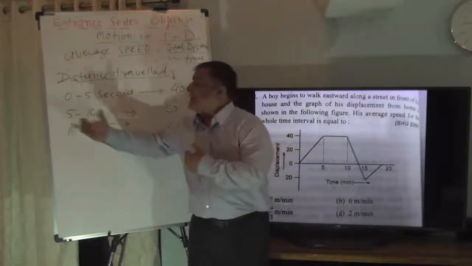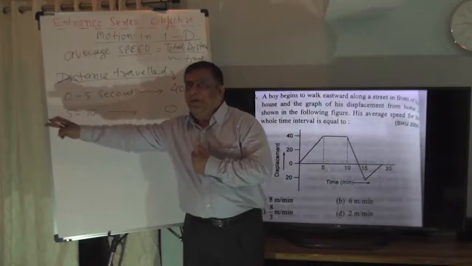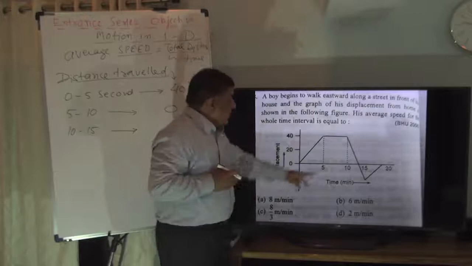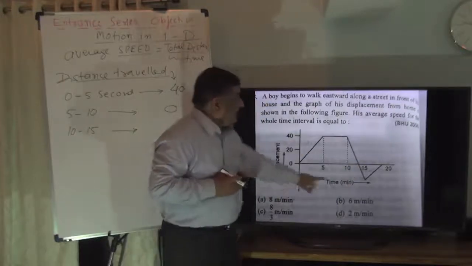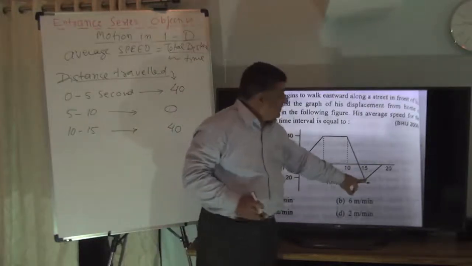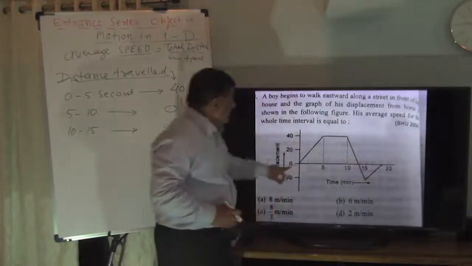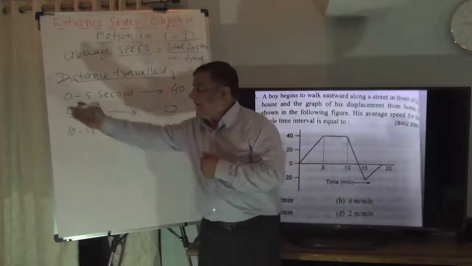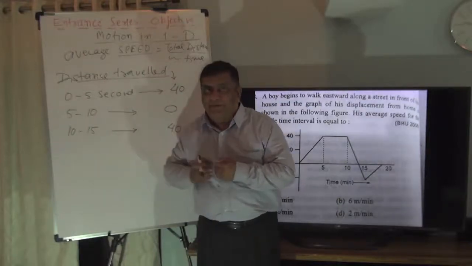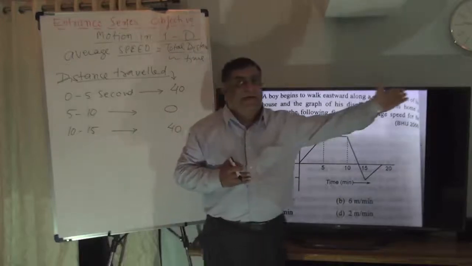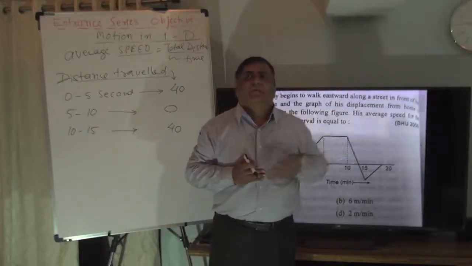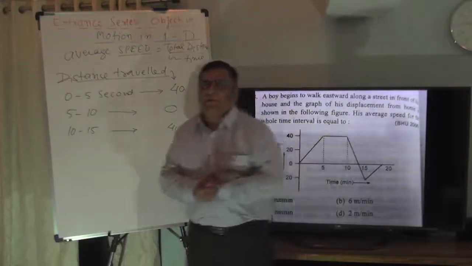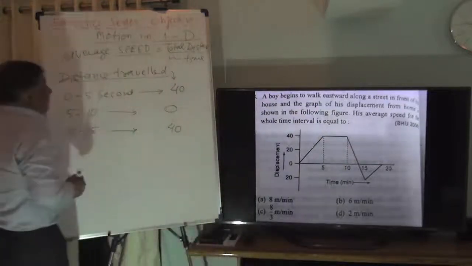तो पहले पॉजिटिव कितना गया? 40. वहां खड़ा रहा 5 सेकेंड, फिर वहां से वापस आया, फिर दूसरी साइड में कितना चला गया? 20. और फिर वहां से वापस आया, कहां पर पहुंचा? 0. फिर 0 पे पहुंचा. तो फिर से देखिए, 40 गया, खड़ा रहा, 40 वापस आया, दूसरी तरफ 20 गया, वहां से फिर वापस आया. 40, 40, 20, 20. Make the total. 80 plus 40, 120. Okay.